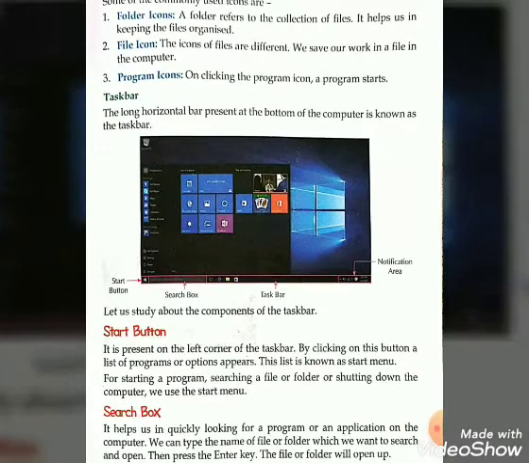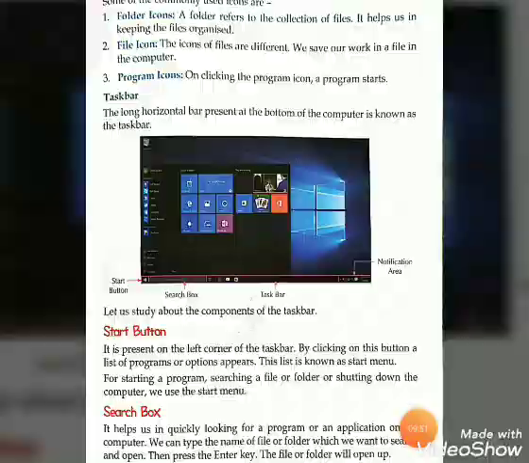By clicking on this button, a list of programs or options appears, and this is known as the start menu.